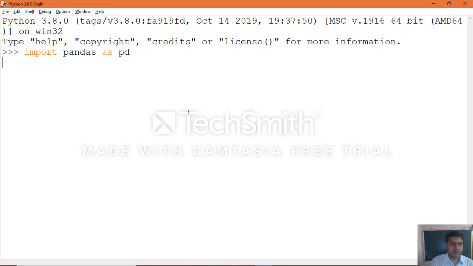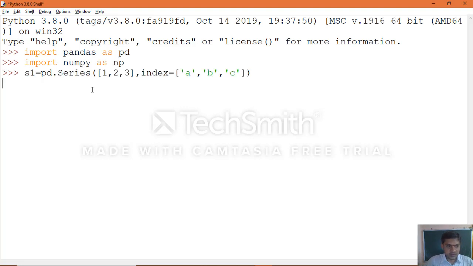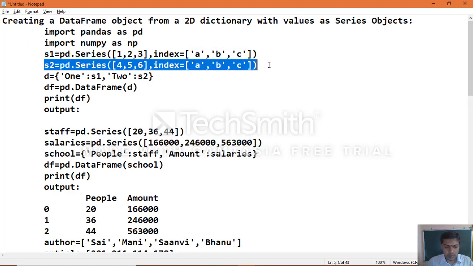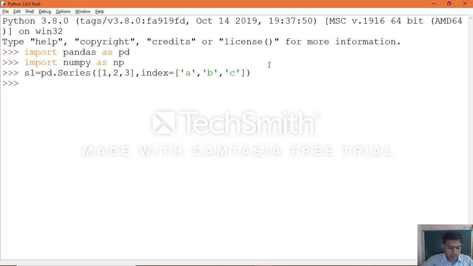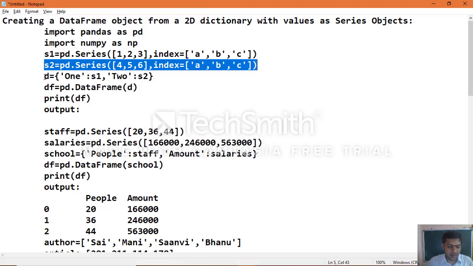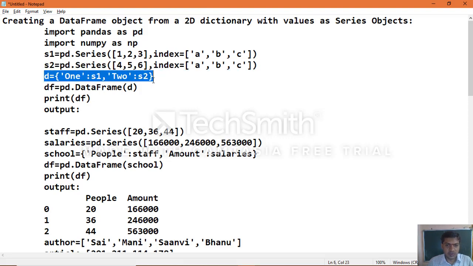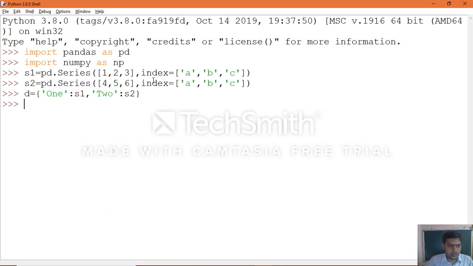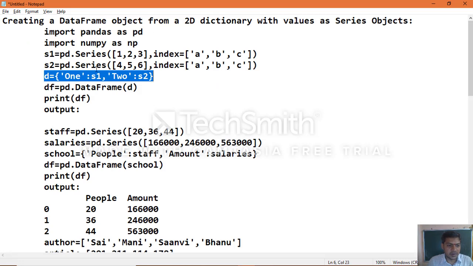Loading the module, that's why it has taken time. Import numpy as np and create the series objects. Once you have created the series objects, then create the dictionary, that is the definition we mentioned, a 2D dictionary with values as series objects. Okay, then create the data frame.